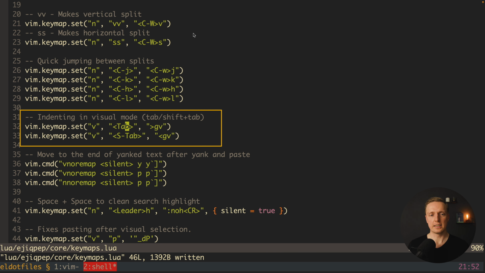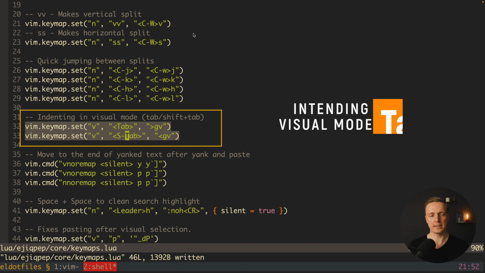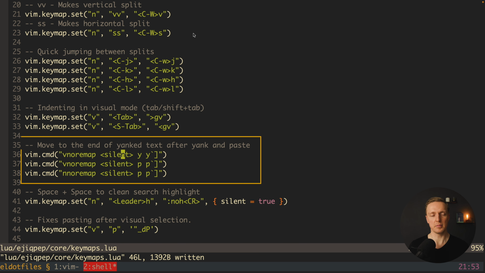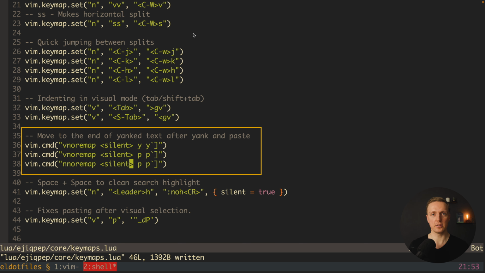Here is how we can indent with Tab and Shift Tab in visual mode, so you are selecting something, you are clicking Tab and it will be indented. And here are some nice hotkeys to change where our cursor must be positioned after we copy and paste our text, because by default it is positioned at the same place where we were,